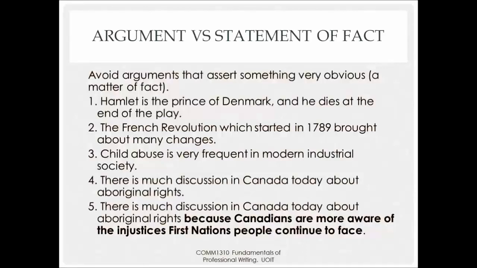An even better argument could be made if the author were to focus on something even more complex. What about something like, although the last residential school closed in the 1980s, the ripple effect of the forced removal of children from their homes is still being felt today and has created a more militant approach to Aboriginal rights. The point here is that you are aiming for an argument that allows you to dig deep into an issue rather than treating a topic in a superficial and descriptive manner. Remember, if all you do is describe an issue, you will not get to the heart of it.